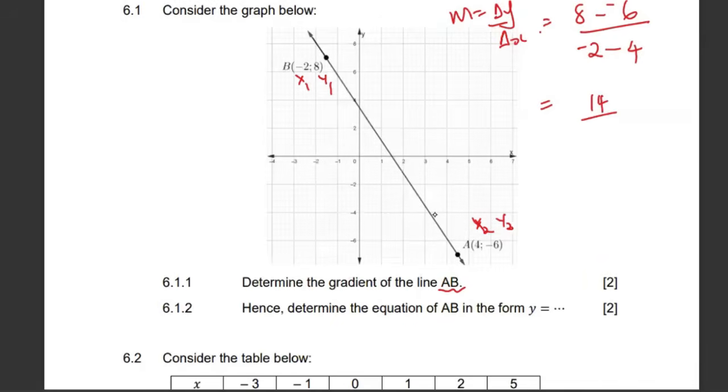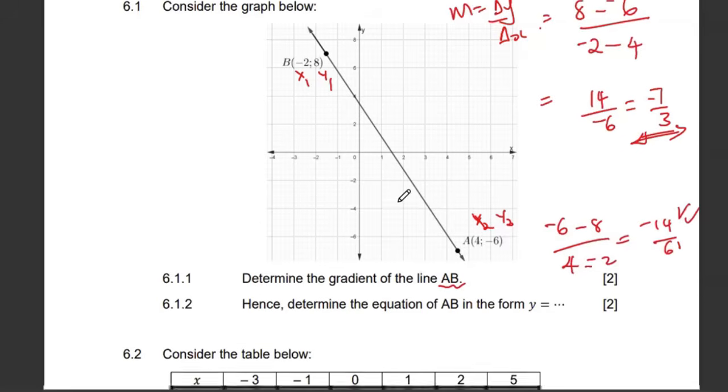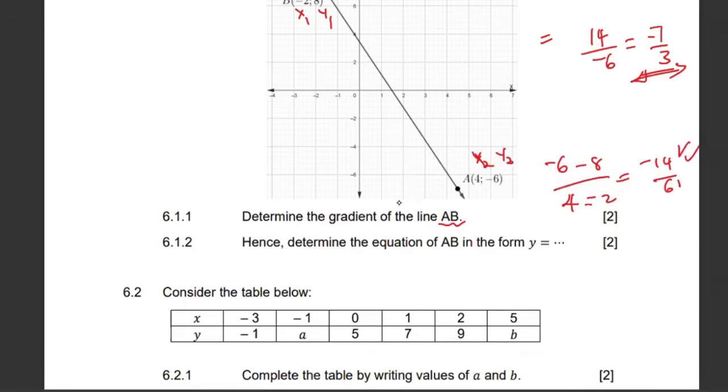over negative 6, which is a negative 7 over 3. Is that true? Let's try to go back and see negative 6 minus 8, 4 minus 2, minus 14 over 6. Okay, perfect. Then they want us to get the equation, meaning that if we have y is equal to mx